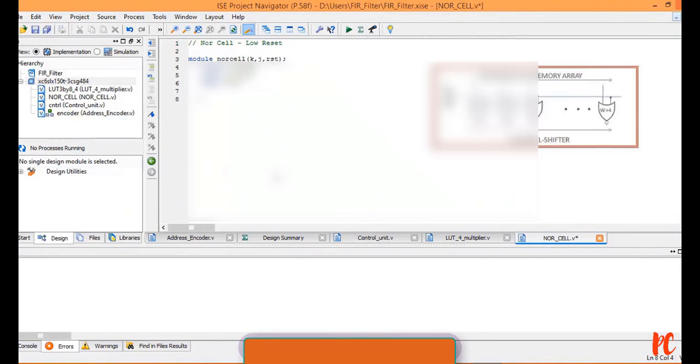Now starting with NOR G0, K of 0, comma J of 0, comma reset. NOR G1 of K of 1, comma J of 1, comma reset.